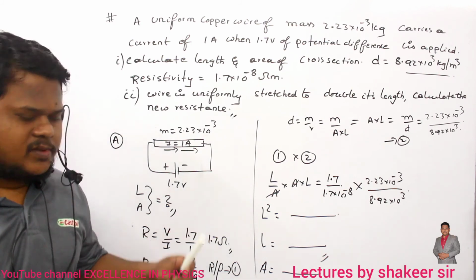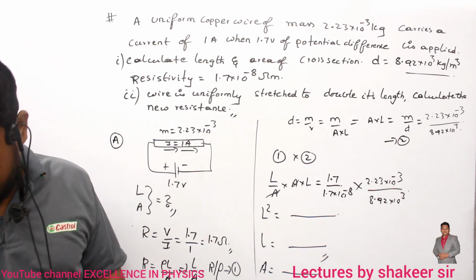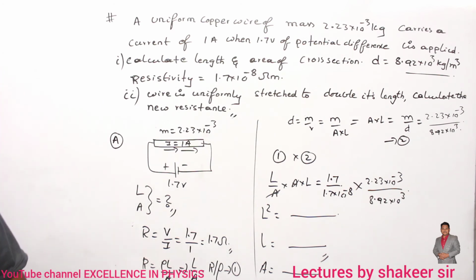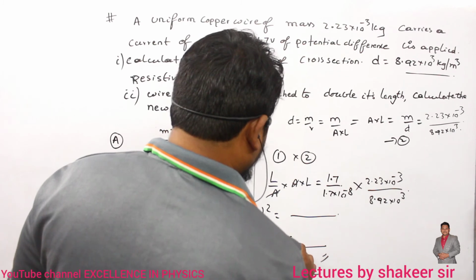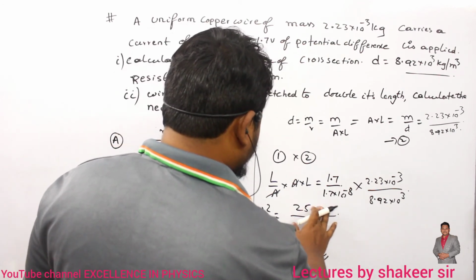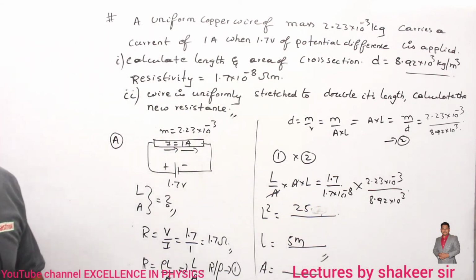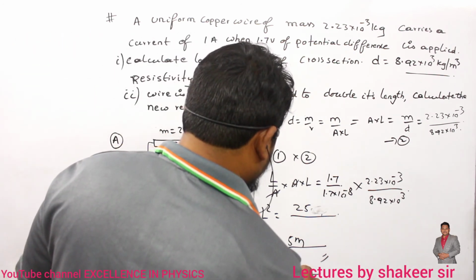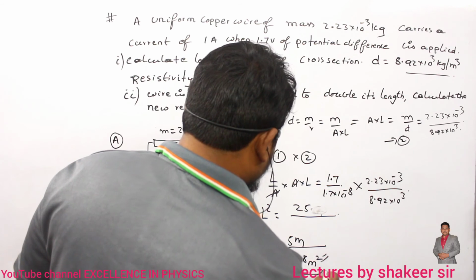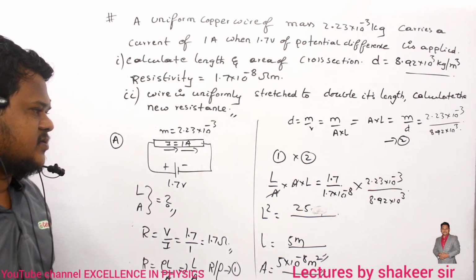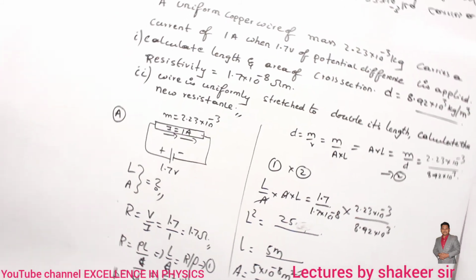Okay, that's all. Make a calculation from here. That should be my required answer. So the L value which you should get is 5 meters. So L square you will get as 25. Clear? Next, the A value which you should get is 5 into 10 power minus 8 meters square. Clear? So these are the values which you should get. Come on, make a note up to here first of all.